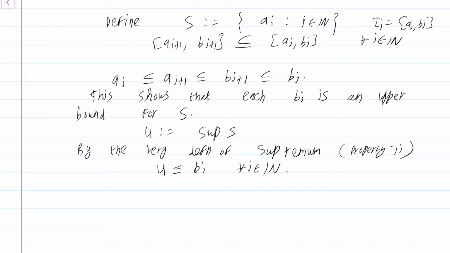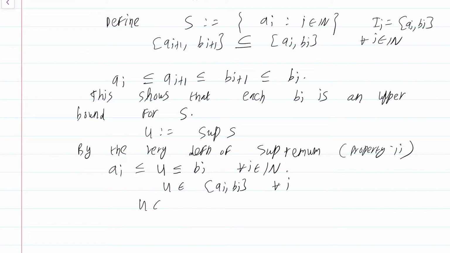Because each b_i is an upper bound for S, the supremum will have to be less than or equal to any upper bound. Similarly, because U is an upper bound, it has to be greater than or equal to every single a_i. In other words, U is an element of [a_i, b_i] for all i,